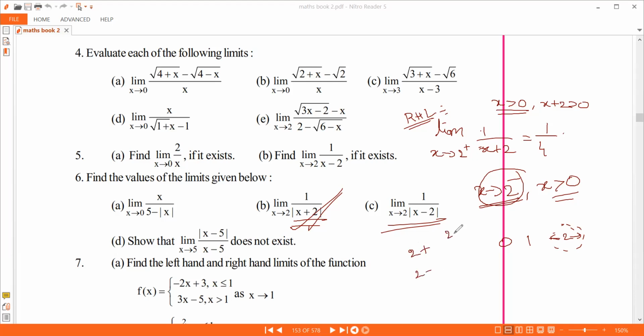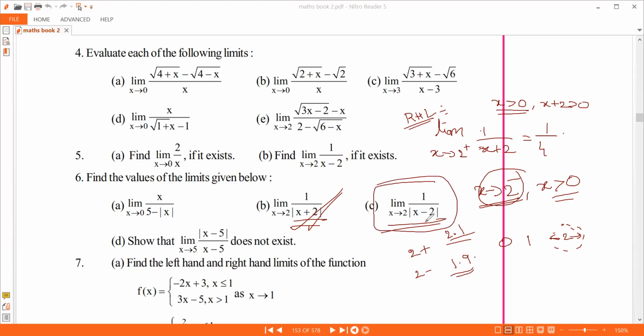2 plus means like 2.1. 2 minus is like 1.9. Are they positive? Yeah, no problem. It is only at 0 that you have these issues. When you do 2 plus or 2 minus, in any positive number's neighborhood you will see positive numbers only, no issues on that. Only when you are close to 0 will you go in the negative direction. Otherwise, no issue.